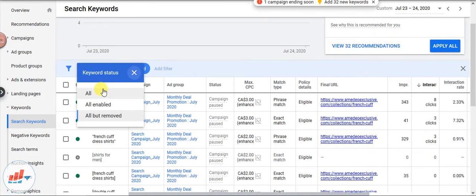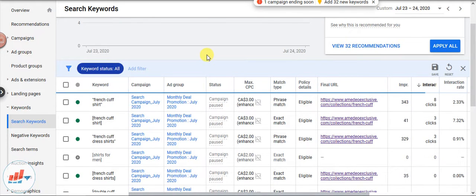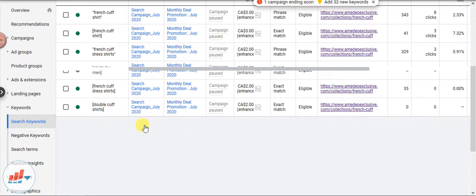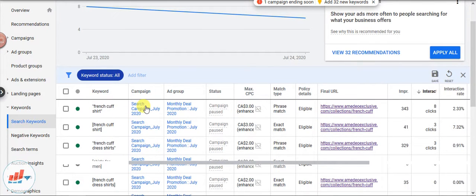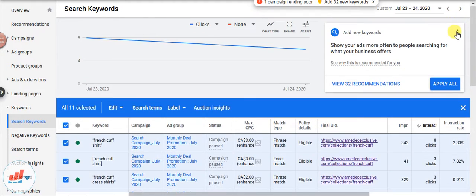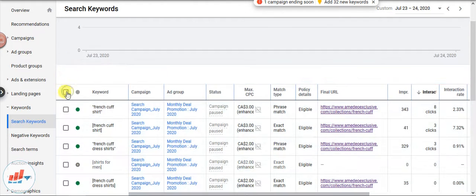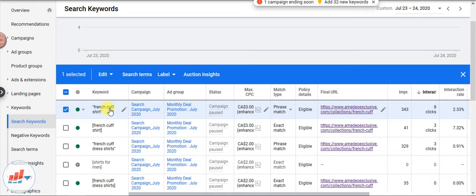So what we'll do is all enabled keywords, and now we can try to add the keywords to the new shopping ad campaign that we have created. I just hate these notifications. So let me try.